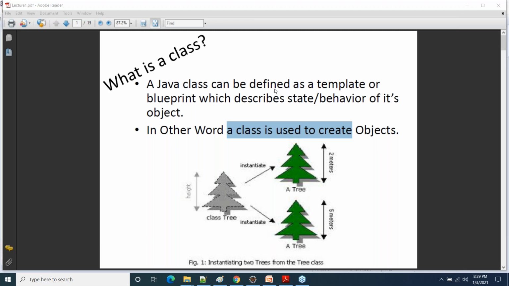We are providing the classification of the chair, the properties of the chair, isn't it? Now, the carpenter will follow the classification you have told him and implement it into a real object, and your chair will get created. Yes or no?